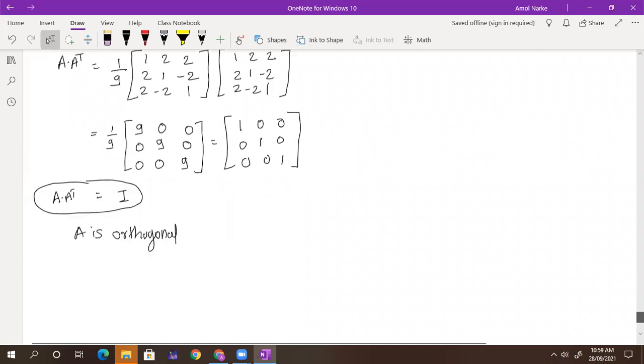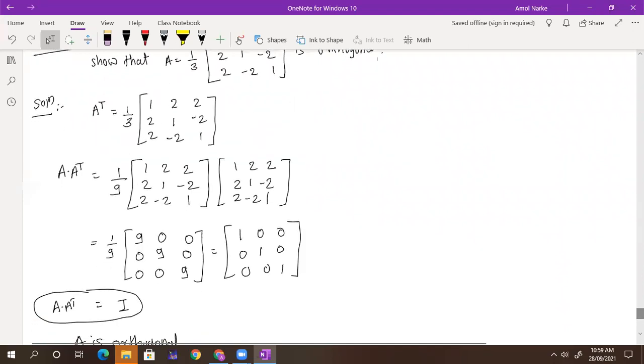Okay. Now, can someone tell me what is the inverse of that particular matrix? Transpose only. So this is nothing but your A inverse. But only when it is orthogonal. Right now you cannot say it is its inverse, because we haven't checked this condition. Once this condition is satisfied, A into A transpose is equal to identity, then and only then you can say that A inverse is nothing but your A transpose. Okay. Got it? Yes, sir.